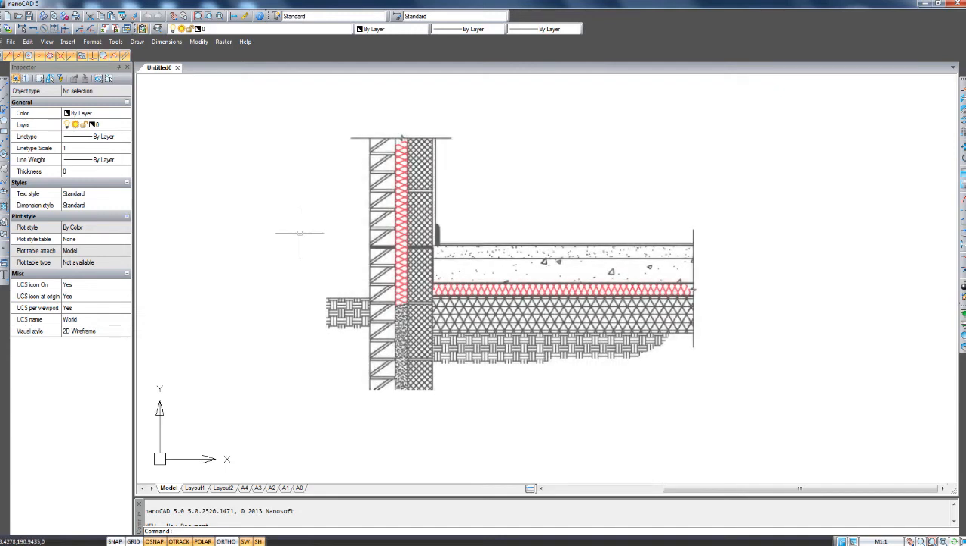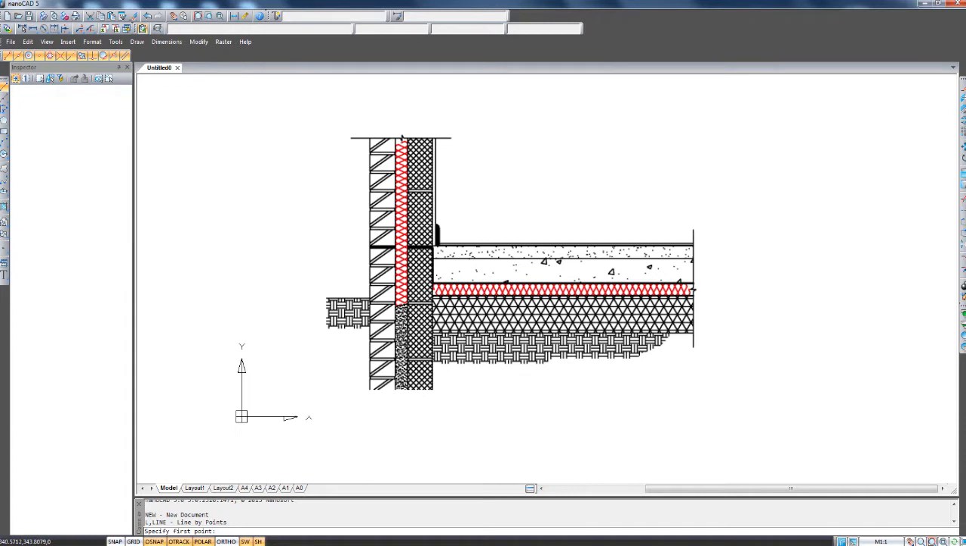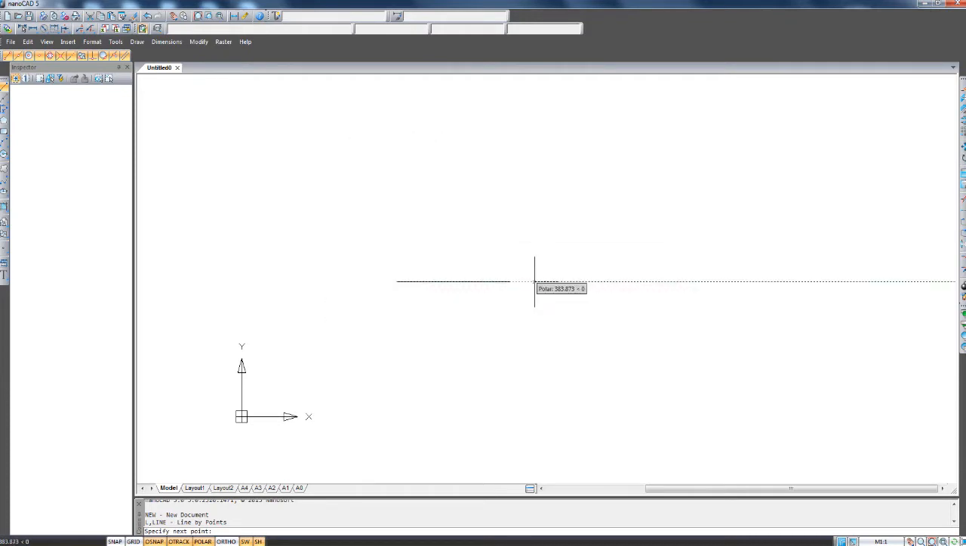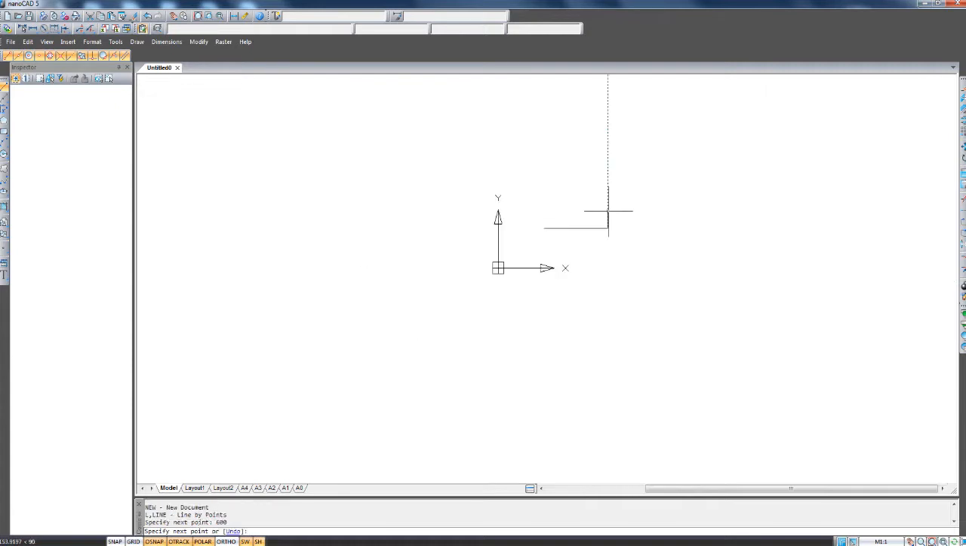Hello. I'm going to be attempting to use NanoCAD 5 here to draw a cavity wall detail, and I've been interested in this software as an alternative to AutoCAD, and so far I really like it, so I'm going to attempt to draw a cavity wall detail and a concrete floor to go with it. So I'll begin by drawing a line, and the foundation here is going to be 600